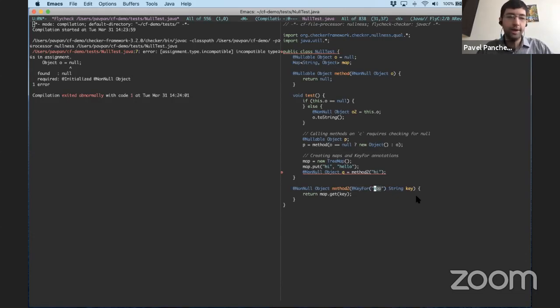And what goes here, by the way, is a general expression. So here I've named a field, but I can actually put an expression here, and the checker framework will parse it and track it. What the KeyFor annotation means is that this value is a valid key in this map. So you can now see that when I get the key from the map, because I've annotated it as a key for that map, the result is known not to be null.